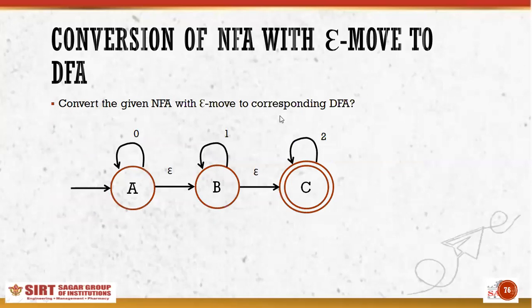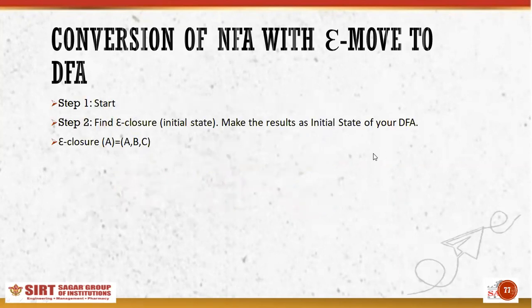We can understand this concept by a small example. So here is a machine, and you can see there are epsilon transitions in it. So you can clearly state this machine as an NFA with epsilon move. Now we have to convert it into an equivalent DFA. So how to convert it? First of all, you have to find the epsilon closure of the initial state. So the epsilon closure of the initial state will be